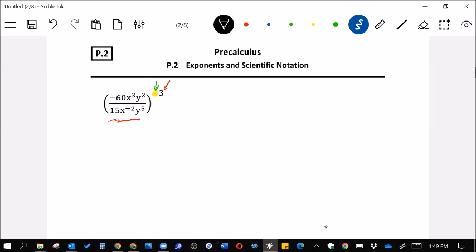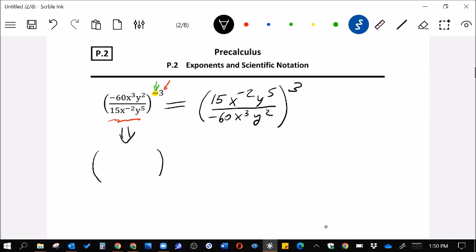You can either rewrite it as the denominator becomes the numerator, and the numerator becomes the denominator, and that uses up that negative that's on the outside. The other option